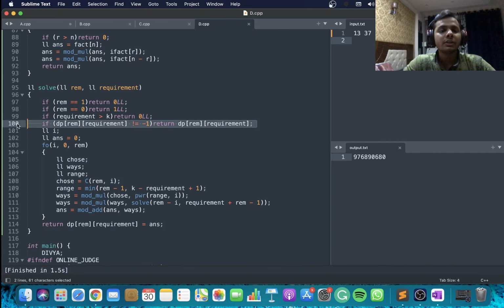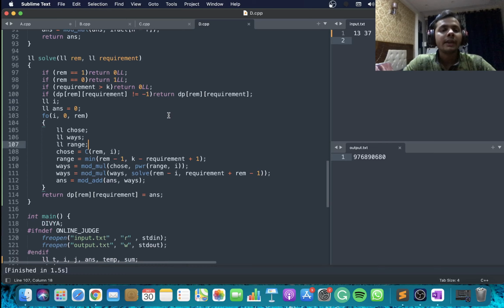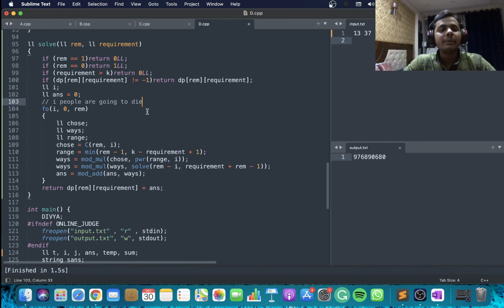And this is the memoization stuff. That is, if I have already calculated the answer for this particular state, I'll just return that. And now coming on to the actual iteration stuff. So I'm iterating for I, and my I denotes the number of people which are going to die. So if I people are going to die, firstly I choose I people from the remaining amount of people,